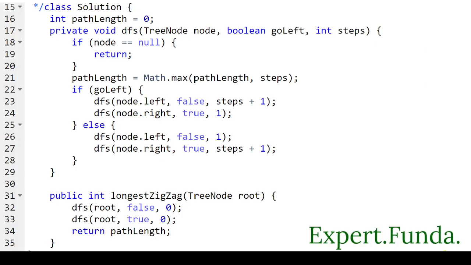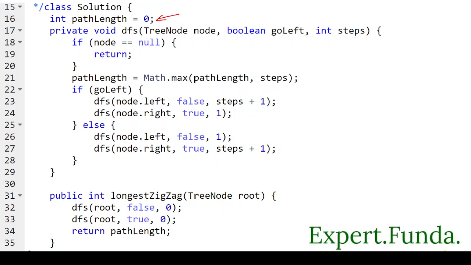So first of all, we have taken what? This is the answer part, the longest answer path. To store the longest zigzag path found till now, we defined an answer variable, known as path length, and we will initialize it from 0, as you can see. So we will implement a DFS method that accepts a tree node, a boolean go left,